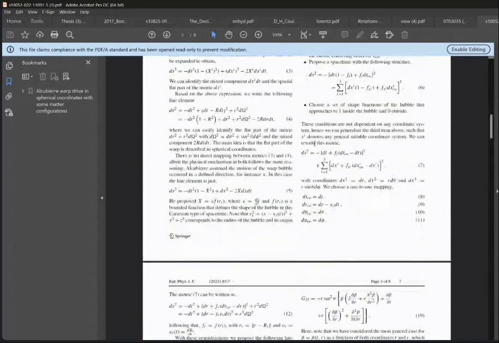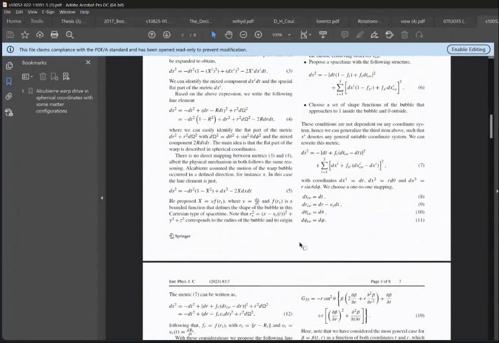It doesn't matter the details right now, but what you have here is something similar. If you see these terms, they are similar to the terms that I just showed you of the Alcubierre warp drive. But the general theme is that you find out what this term and this term should be, and this is what we call a one-to-one mapping between two observers. This is well defined in Bobrick's article, and the mapping that we find is good for us is this mapping here.